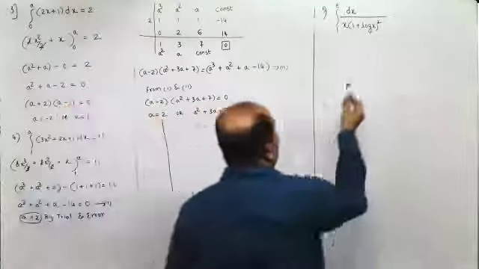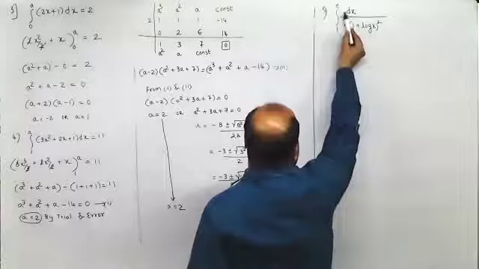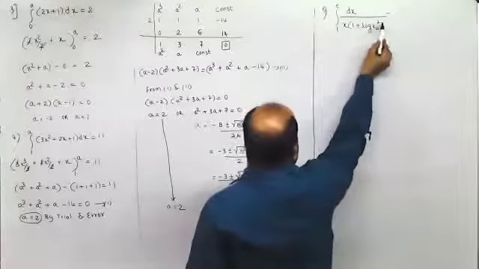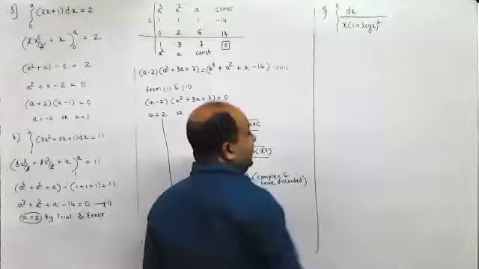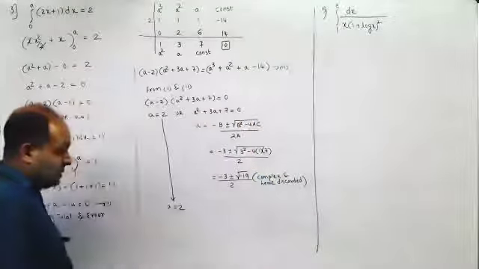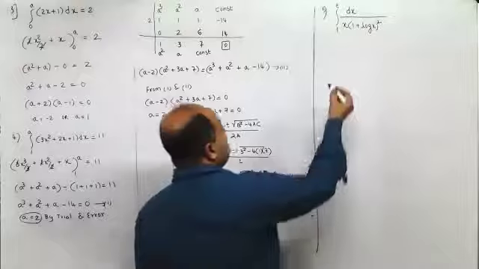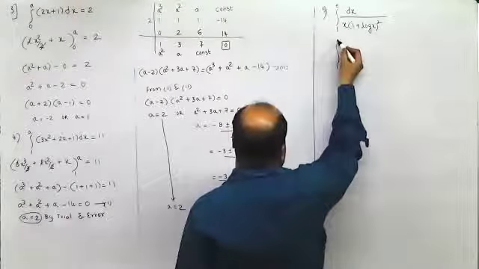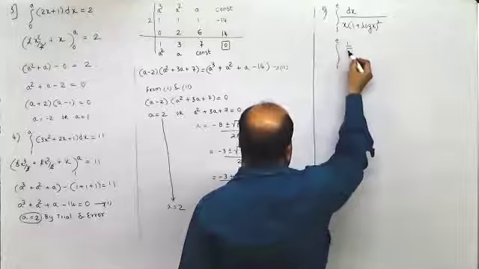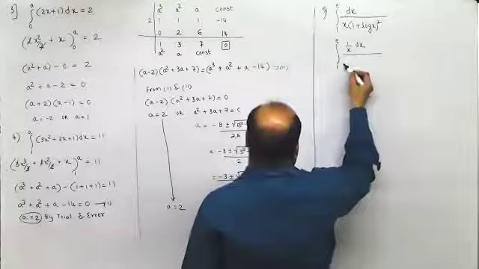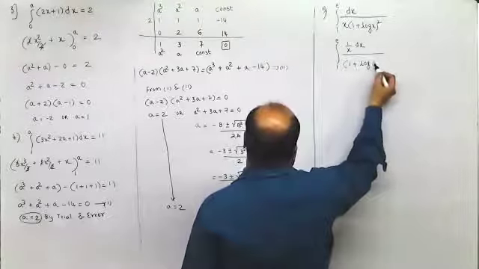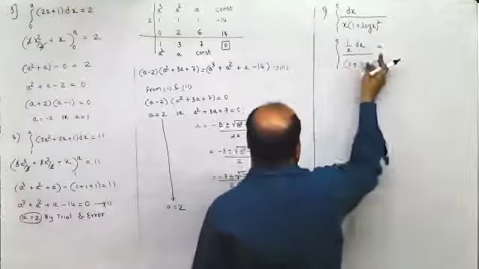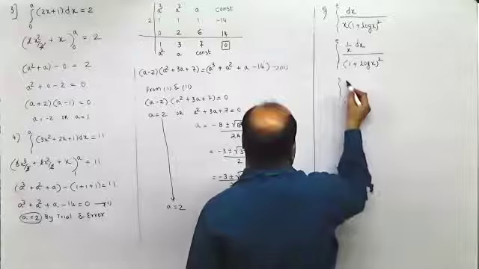Or I can divide both numerator and denominator by x. So this would be 1 by x and this would be 1 plus log x the whole square. Then I'll take 1 plus log x as t. Have you followed this? Now, just to make clear your doubts regarding the substitution part, ideally I would have written this as 1 upon x dx, and I would have taken this as 1 plus log x the whole square. Now, when this goes to the numerator, this would become 1 plus log x the whole raised to minus 2.